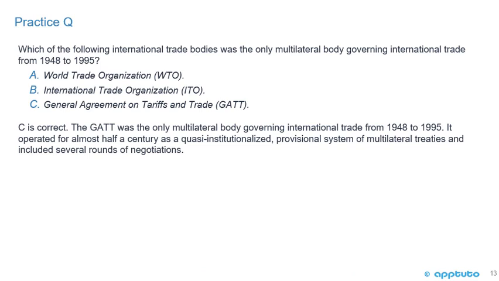Okay, I like this question because you can see we've been talking about the IMF, the World Bank, and the World Trade Organization. And indeed, if you go to the summary for the chapter, it's only mentioning the IMF, the World Bank, and the WTO, and those were the organizations listed in the LOS. But now there's a question on the International Trade Organization and the General Agreement on Tariffs and Trade. So it shows you the importance of going back and combing through the reading and picking up some of the smaller points. And that's why I like this question, because C is correct.